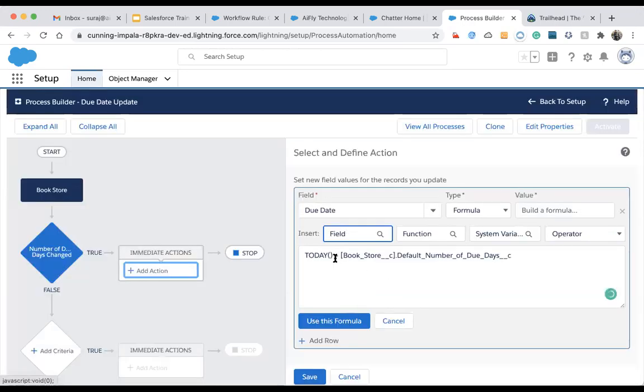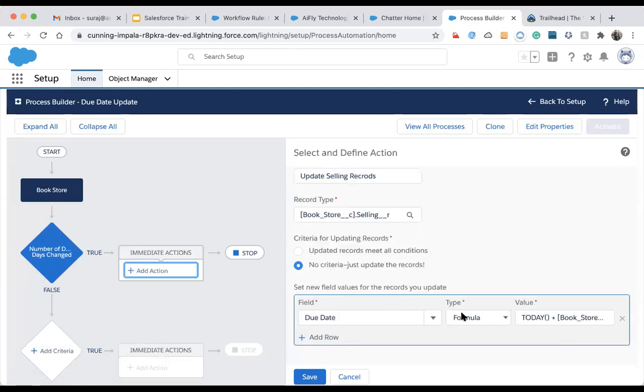I just add today plus the number of days that is present up here, and I will use this formula.